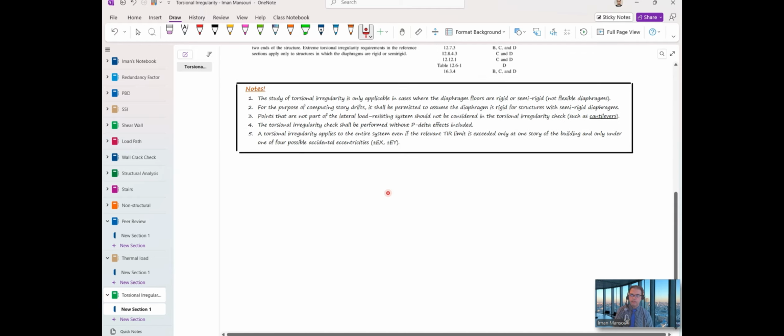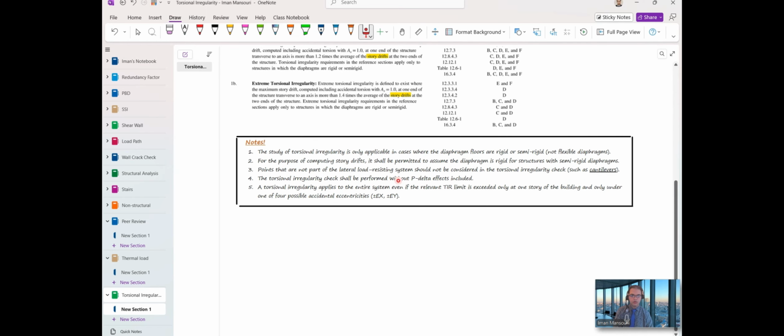All right. Before we get into ETABS, let's quickly go over some important notes about torsional irregularity. Number one, this study only applies when the diaphragms are rigid or semi-rigid. Flexible diaphragms are not considered here. Number two, when calculating the story drifts, if you have a semi-rigid diaphragm, the code allows you to assume it's rigid for the purpose of